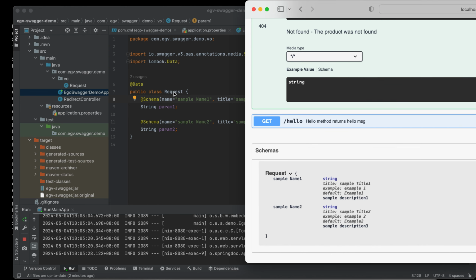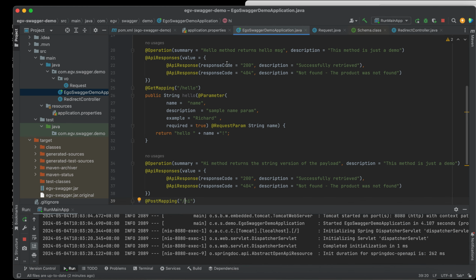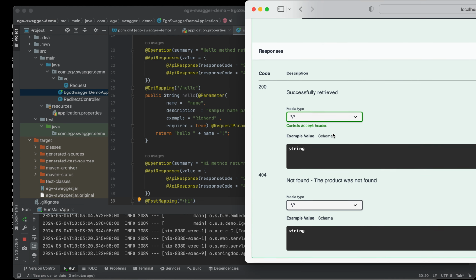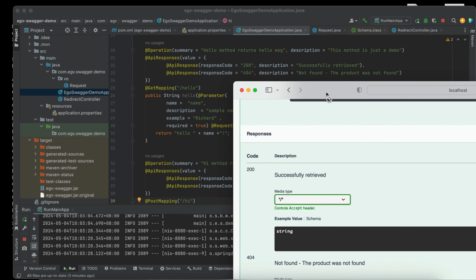Then what else do we have here? For the API response, you can see this is the 200, the description of our response.